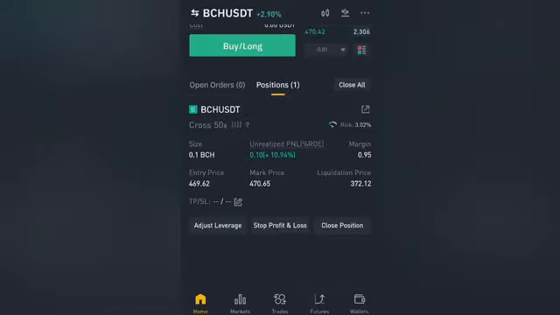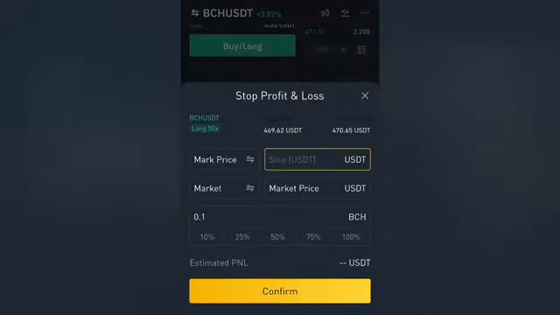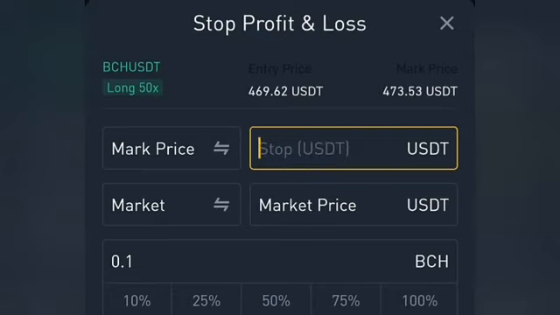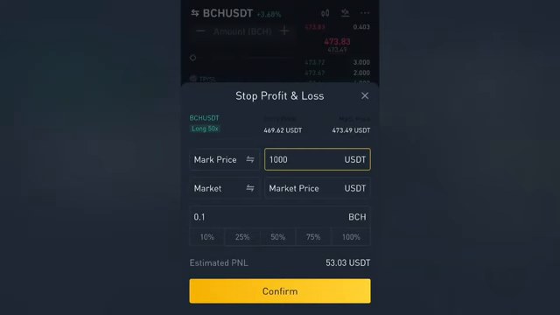In this trade right now, if I want to select my take profit and my stop loss, I would have to click on stop profit and loss. When I click on this, I can select the price at which I want to take profit or the price at which I want to stop my losses. Let's say on this trade I want to take profit at around 1000. The estimated profit would be 53.03 USDT. That means this would be the profit I would make if I closed my trade at around 1000 USDT per Bitcoin Cash. So if I confirm this,